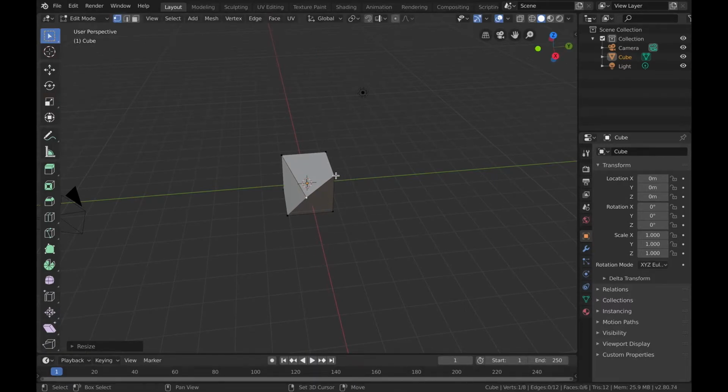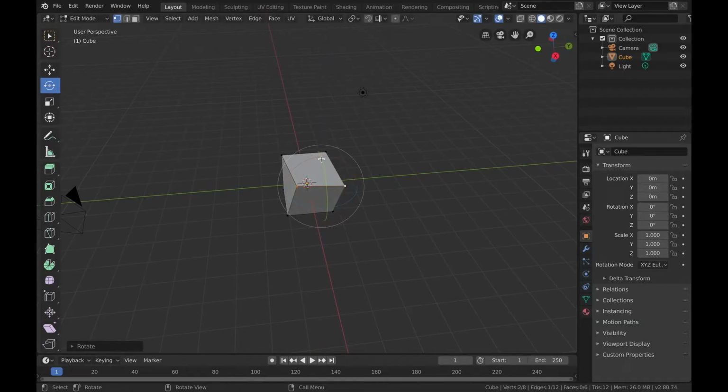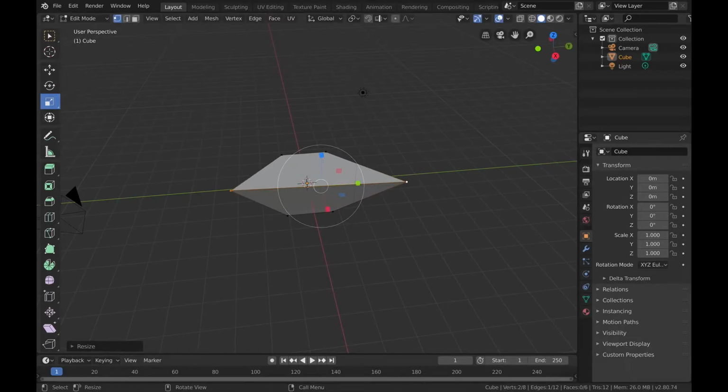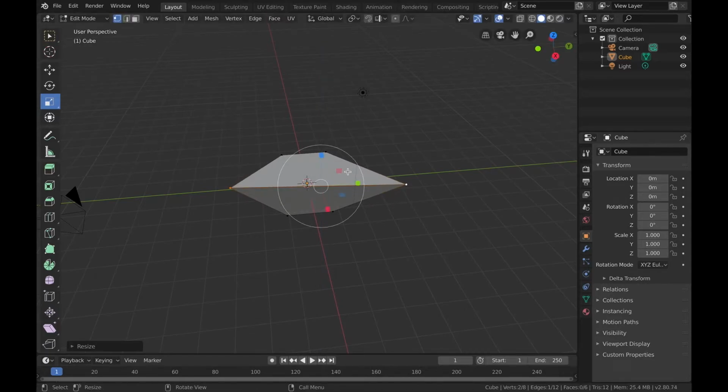You need to at least select two vertices or an edge or a face to see the effect of these tools. This is the scale tool, and you can scale an edge or a face.